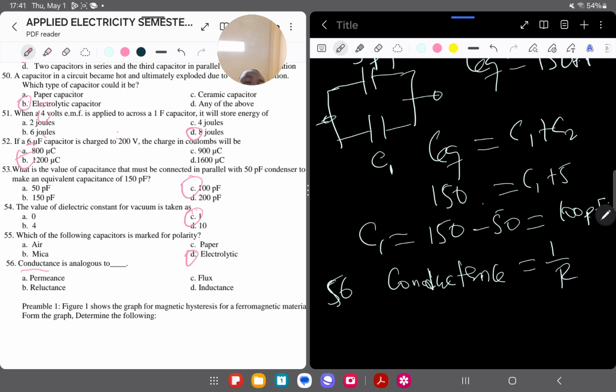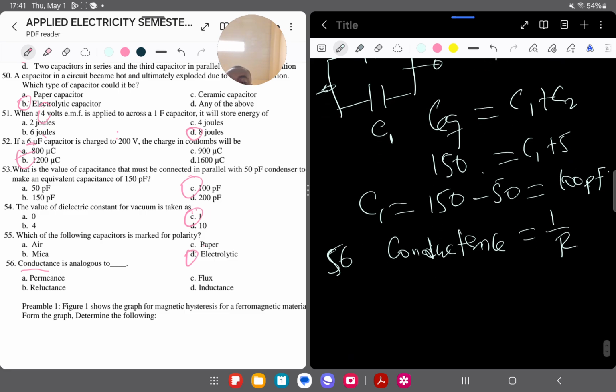Resistance, right? Or the inverse of the resistance. Now, if you look at the possible answers that we have, A, which is the permeance, right? Permeance is also going to be equal to the reciprocal of